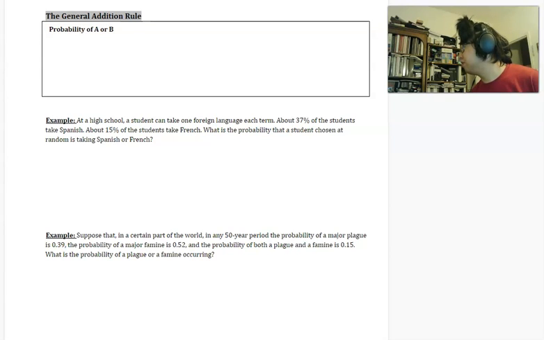We have a couple more pieces after this, but we've got the general addition rule. This is the A or B part, the A or B part. And this is a rule that simply says,